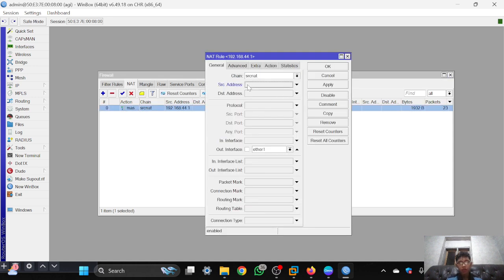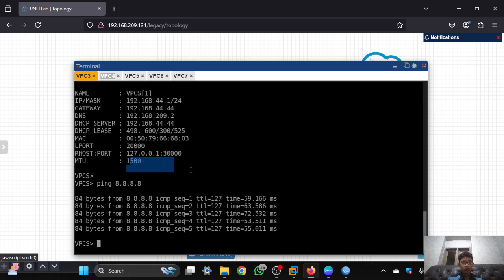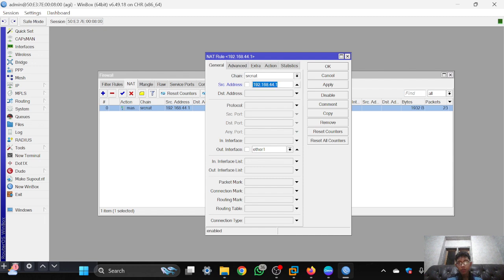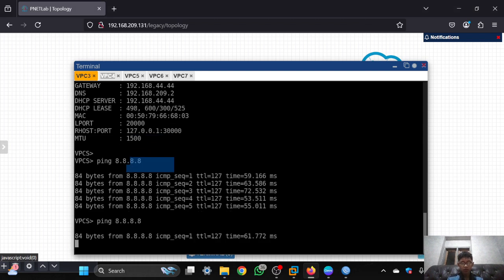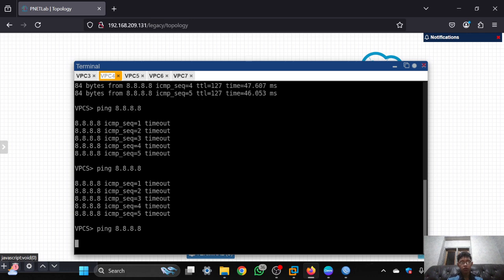You can fill the src address with some IP from the virtual PC or some PC. I will check this IP for the example. So these are the IPs, so you can click apply. This IP is the only IP that can access the internet, and the other IPs cannot connect to the internet.